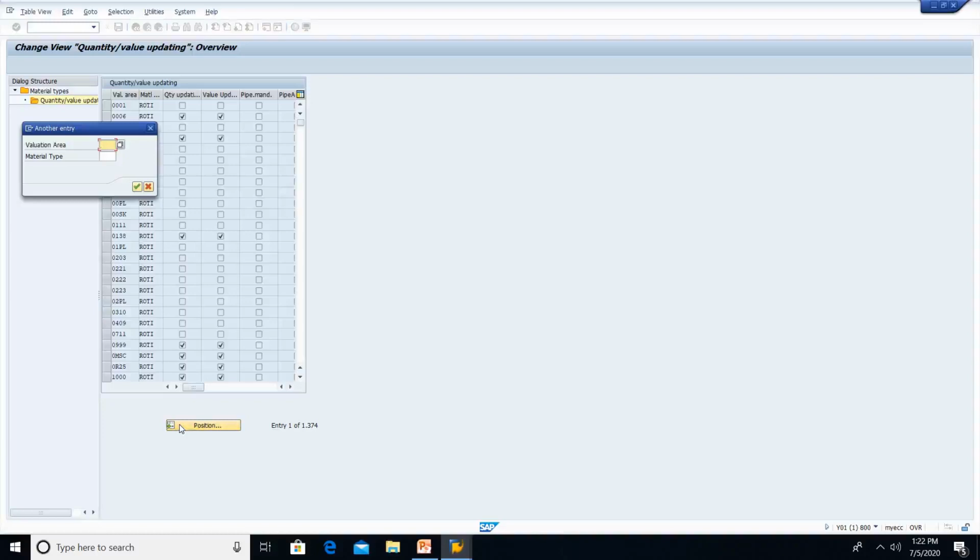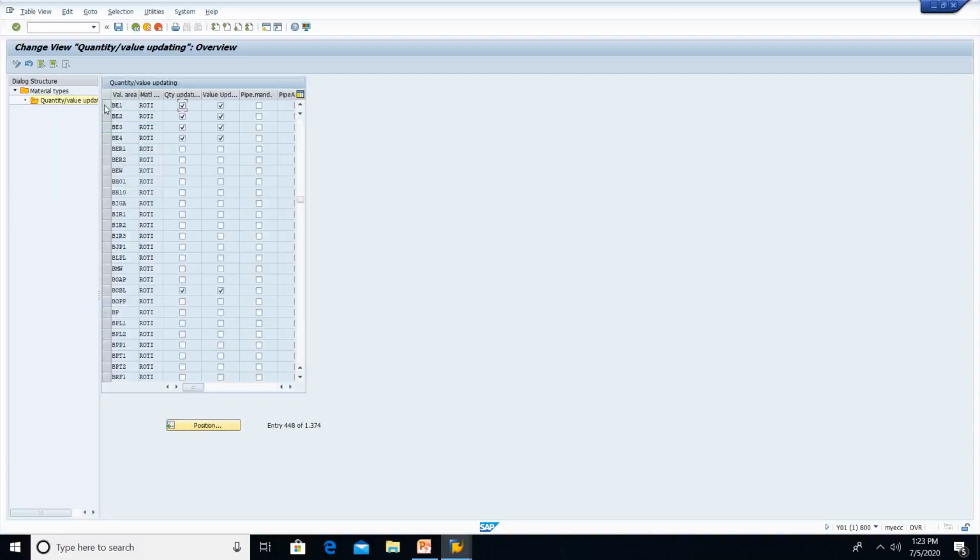Quantity and value updating. Valuation area, plant. Valuation area is nothing but material valuation area, can be either plant or company code. Now I am going to choose my plant as valuation area. Material type ROH. Now you see here, for this combination both quantity and value updating indicators have been set.